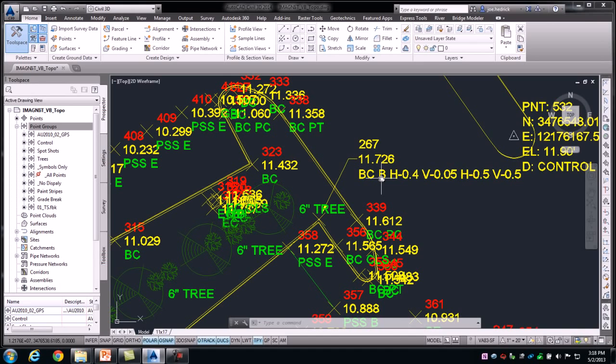right? Historically, with Autodesk Collection, we used to have to put the figure code or the draw code before the shot, right? So in a Land Desktop world, it would have had to have been B space BC. Well, Civil 3D again allows us, we can put it at the beginning or we can put it at the